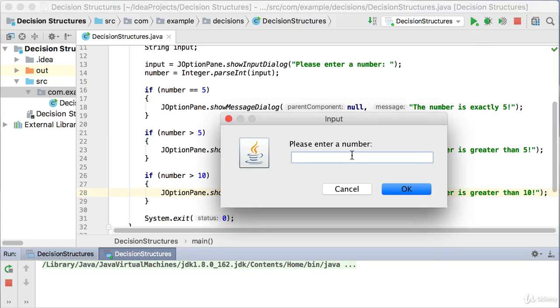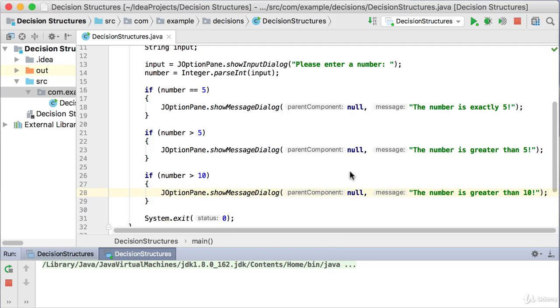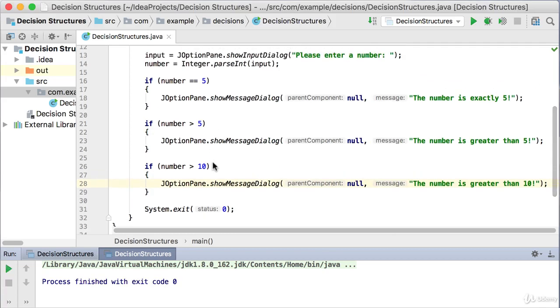And let's make that number 12 now. So now it will say the number is greater than 5 because 12 is greater than 5. But it will also go to this if statement to say the number is also greater than 10. So this is just a normal if statement, and the problem we have now is that if I only wanted